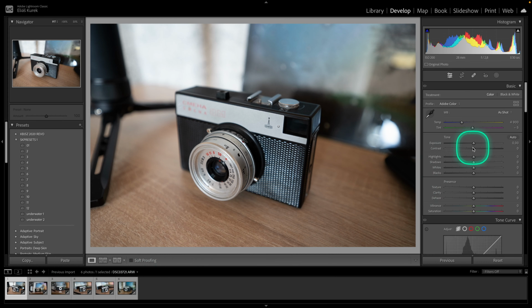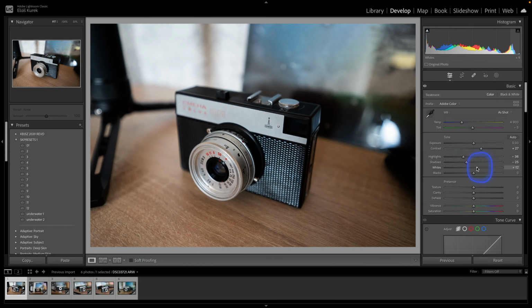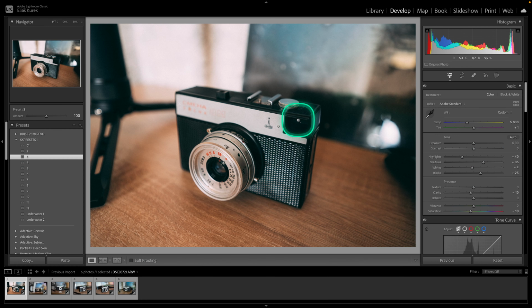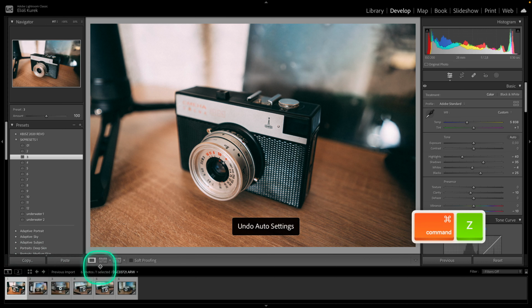So it's very simple. First, when you want to tone your photo like this, you apply a preset, and then you want all of these photos to look like this, or you just use this auto option right here and it edits your photo for you. So if you want all of your photos to look like this, then I will bring it back with Ctrl